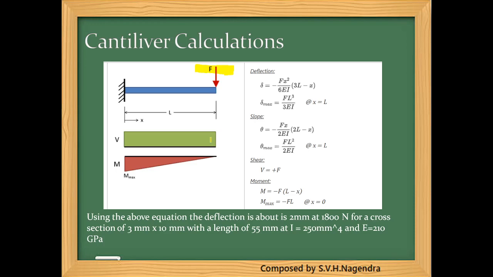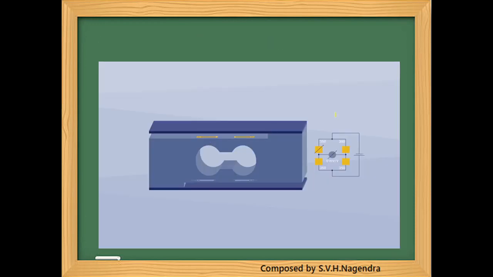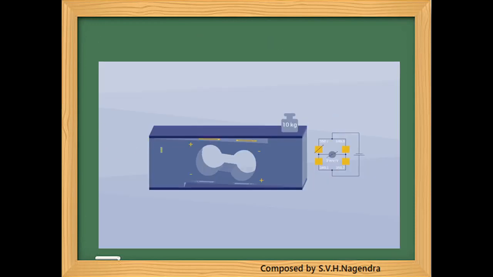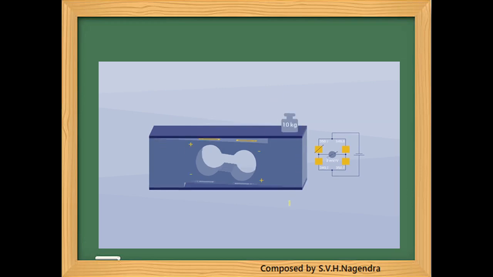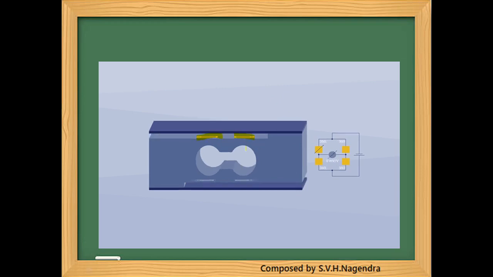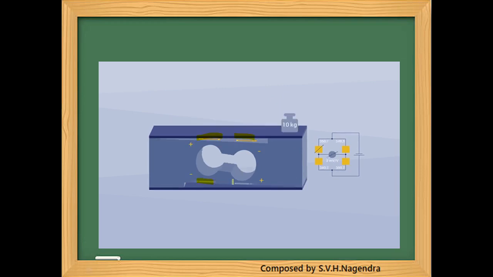So in the next diagram, I'm showing you the bending type of load cell, in which you can see that this load cell is fixed on one end. On the left hand side it is fixed, and I'm applying a load on the corner at this end. When this load cell deflects, it will bend the strain gauges which are placed at the top plane here and here. In the same way it is placed here and here.